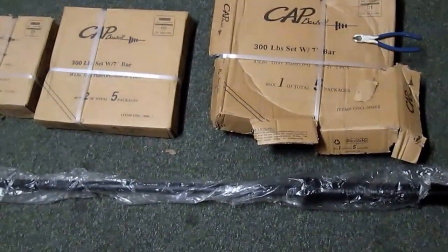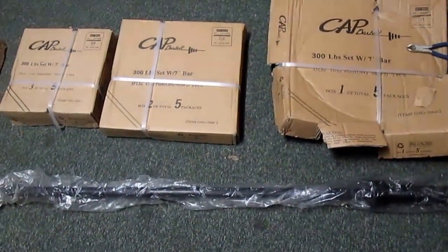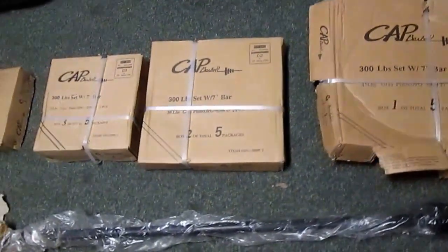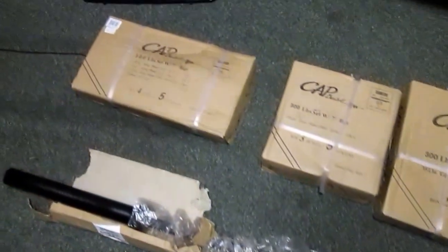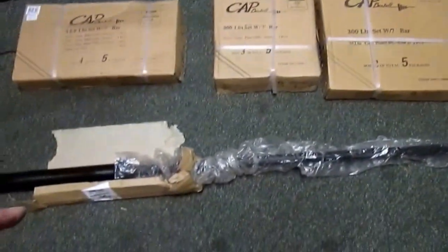Olympic lifting bar, and that's the 45-pound bar, and it comes with 300 pounds in different sets of plates, mostly just pairs, and one kind of mix set at the very end right here. So there are 4 total boxes plus the bar,